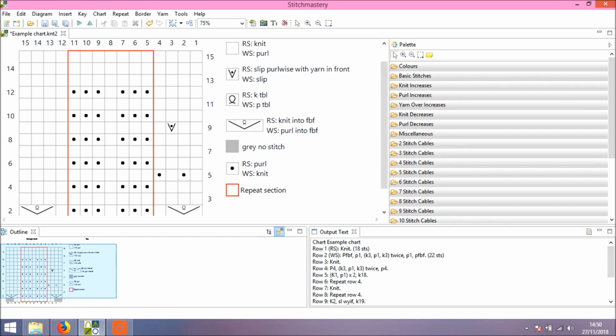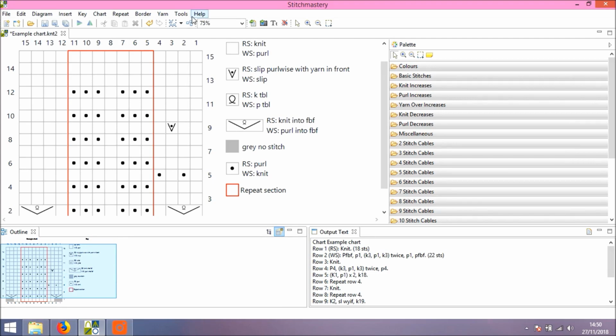Or, similarly to a greater number of stitches, as you see here at the end of my row 4, we have purl 4, you have P4. Most people responded that they preferred to have the number indicated rather than just the letter. So that was the change to the default. But it's very easy to change this if you prefer just to have the letter on its own. This is done through using a user text template.